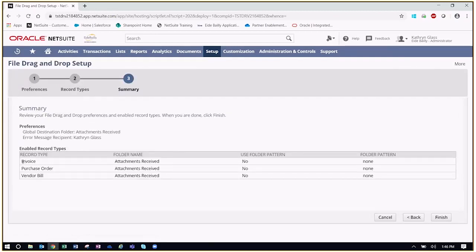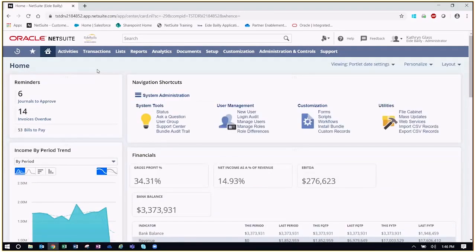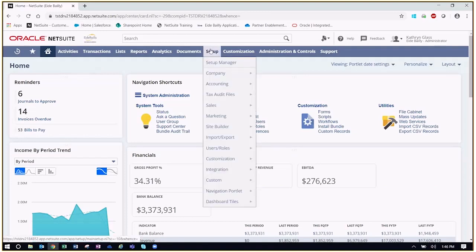Now we can see all the record types we're looking to expose our drag and drop functionality into. The last thing we need to do is finish. And that's how you set up and configure drag and drop. Now to go ahead and set up our sticky notes, what we'll do, again, go to Setup, Customization, Sticky Note